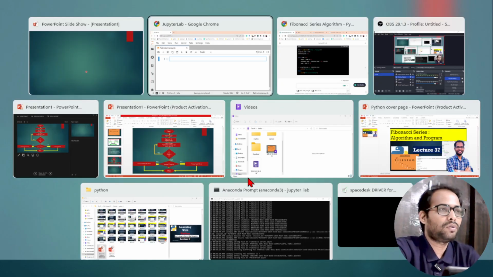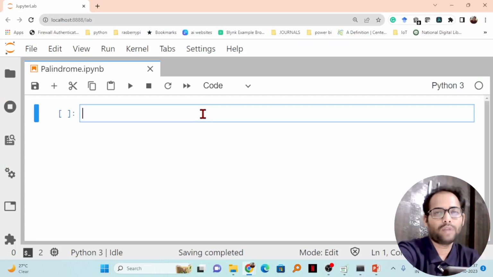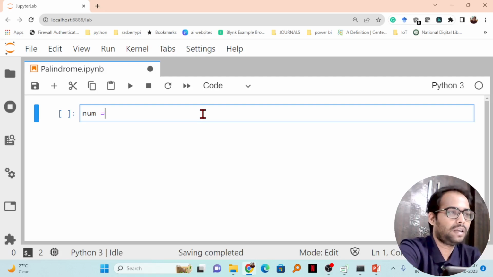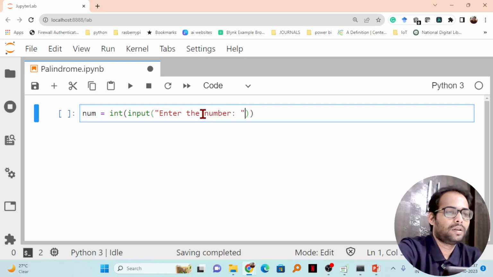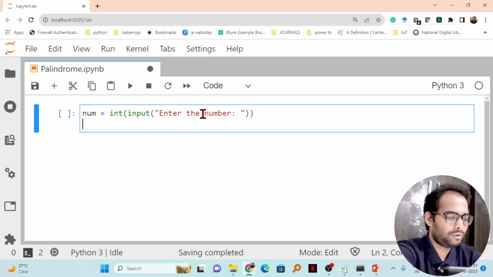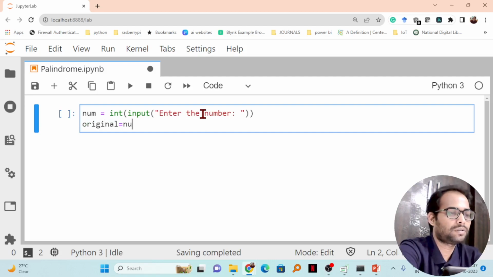Fine, let us now go to the program, and according to whatever algorithm we have written, let's write the program. So the first step was, we'll take a number as input from the user. How to take it? I'll take integer type input here because I know the input is an integer. I'll write just "enter the number". Okay. So next, I'll write original here as a variable, and original is equal to number. I'm just storing the value in original,